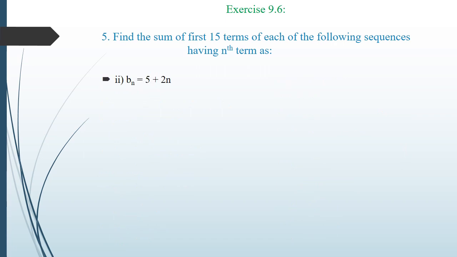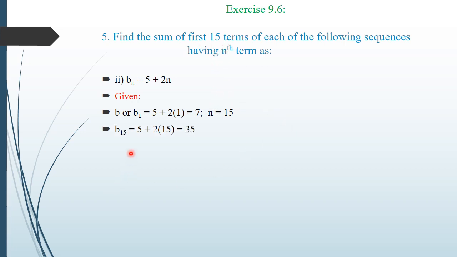Here instead of an, just a modification, bn is given, only a change in letter, nothing much. bn is equal to 5 plus 2n. Using the formula, I'll calculate the first term b1, equal to 5 plus 2 into, in place of n I'll substitute 1 because I want the first term. Therefore I'll get the first term as 7 and I need to calculate the sum up to 15 terms, therefore n